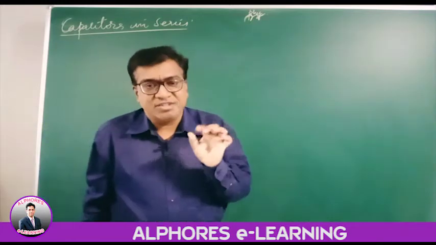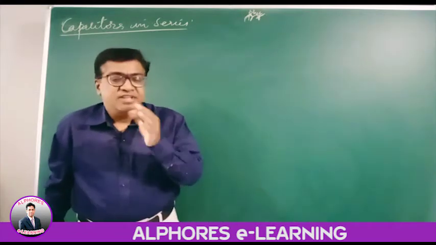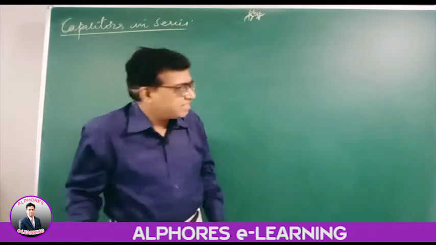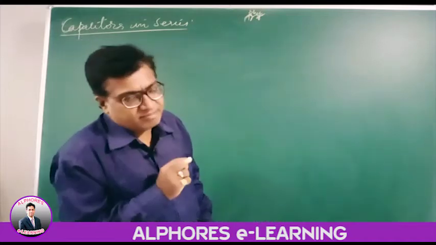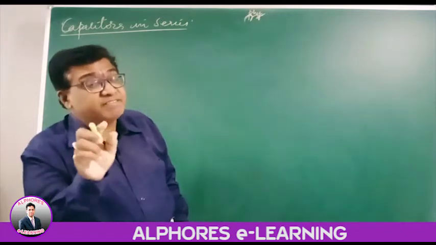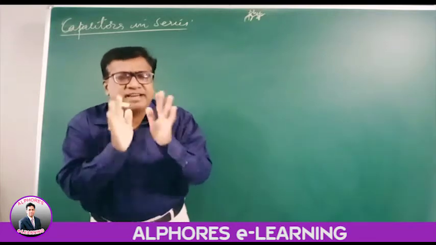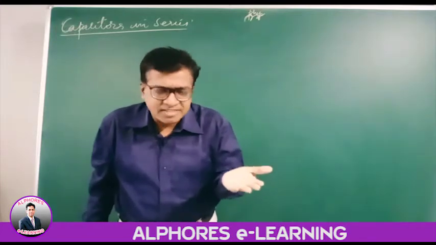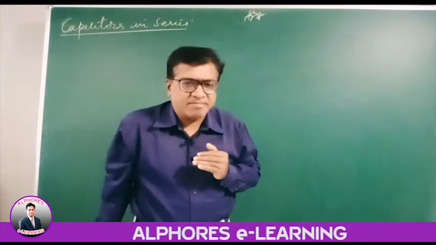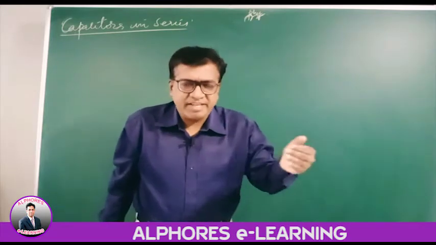Then capacitors. A capacitor is a device used to store electrical potential in the form of charge. I am storing charge, and so I store the energy. The capacity of a capacitor, C, is equal to Q by V, charge stored per unit potential, measured in farads. Later, the capacity of a simple spherical conductor, C is equal to 4 pi epsilon R. Then we took the parallel plate capacitor, whose capacity is K epsilon naught A by D. Then we took the illustrations.